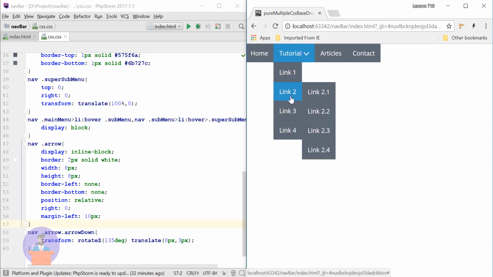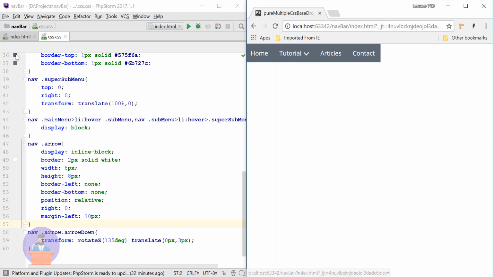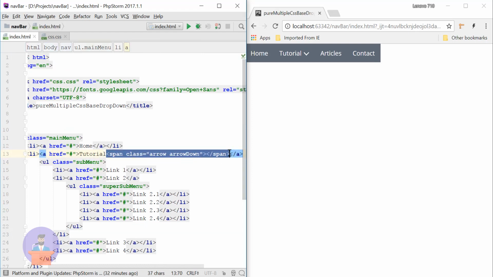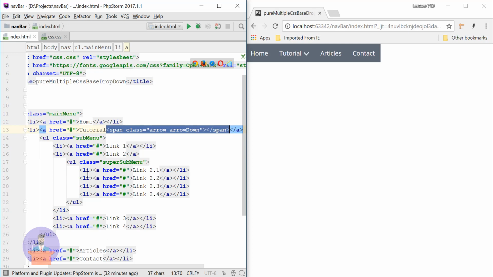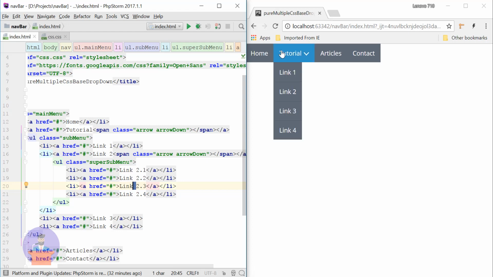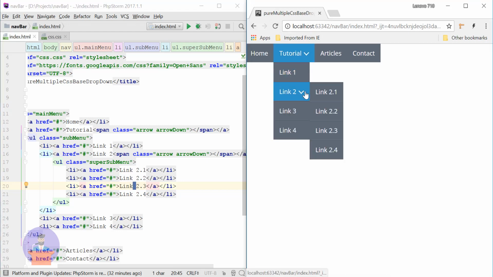In the same way we will add our right arrow. So let's add this element to where we have our drop downs. So here we have link 2, and for this link 2 we have a drop down. So we'll add a right arrow after this link 2. Okay, now when we refresh it, right now it's coming as a down arrow.